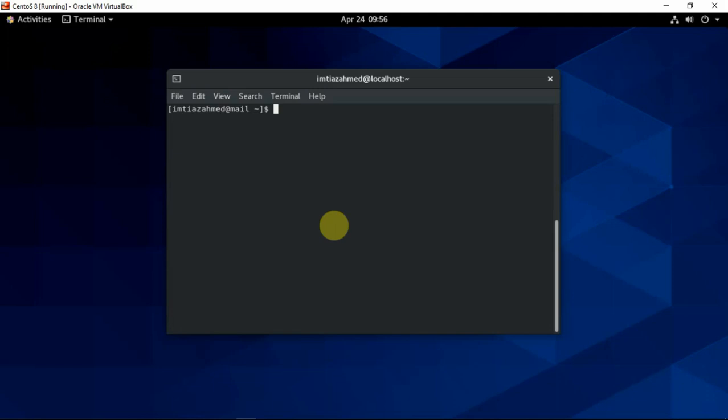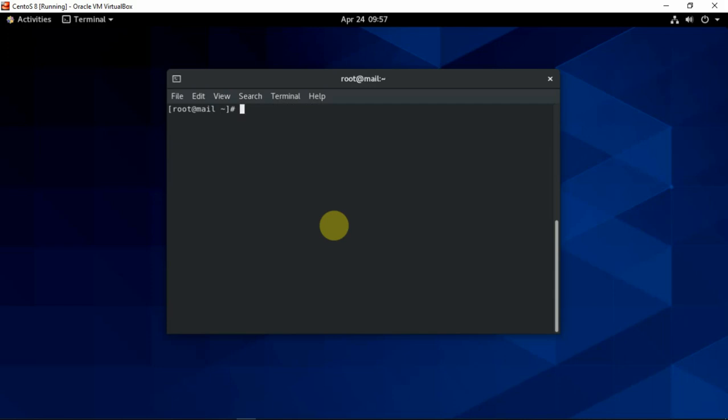When you are installing CentOS 8, you will not get SSH by default. You can install it because it is easy for you to SSH and manage your server from a remote location. This is not part of the mail server configuration. Anyhow, become root first of all. Su - root, password. Okay,